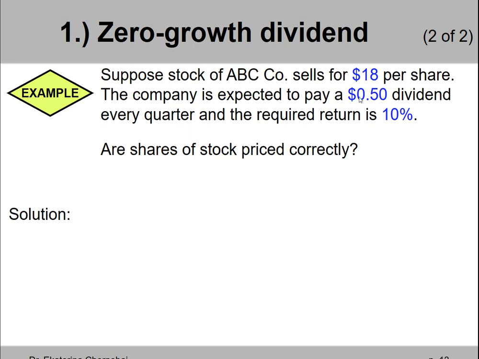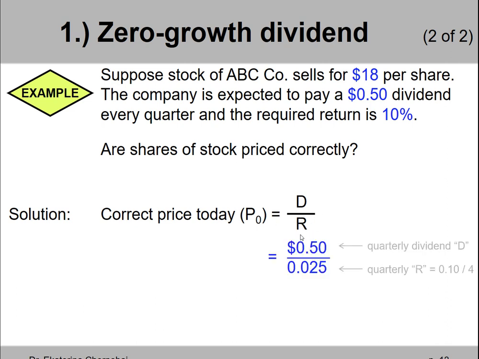So every quarter it's 50 cents, right? It doesn't say where the limit is, so it keeps going like that forever. So it's a perpetuity with a 50-cent cash flow recurring over and over again. Then, to find the stock price today, or price in year 0, capital P sub 0, we need to discount this perpetuity. So the dividend amount divided by the discount rate.